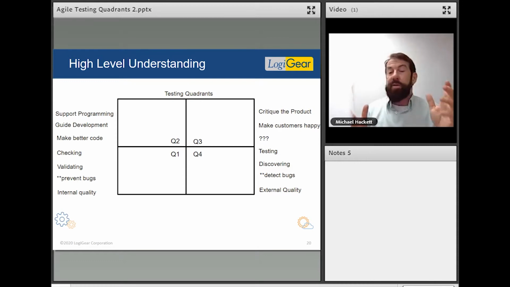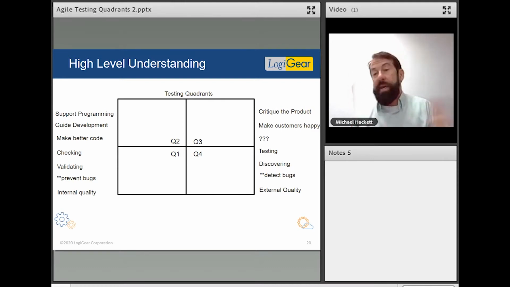When we talk about exploratory testing, it's going to show up in quadrant 3. I don't always agree with that. I think we should do exploratory testing as early as we can. Listen, if you can do exploratory testing at the unit level, let's say I'm doing pair programming and I have